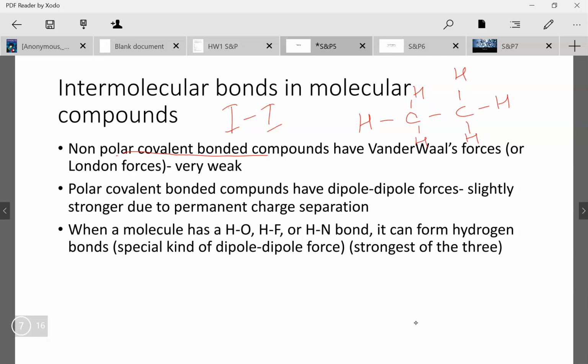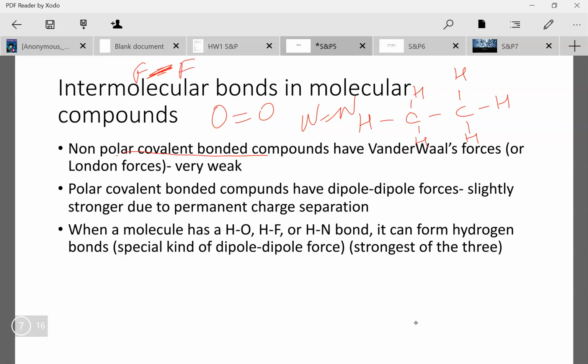This is why most of them are gases at room temperature, because there's not much force of attraction in between them, and therefore they are gases because they have low boiling points. But if you look, I2 is a bad example because it's actually a solid. That's just because of the mass. If you look at O2 or N2 or F2,